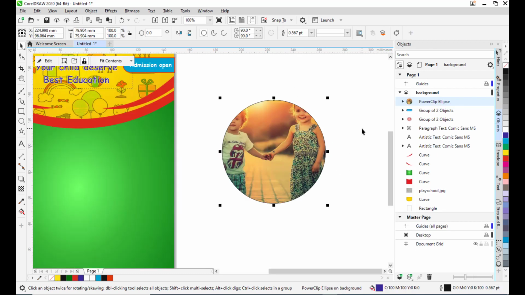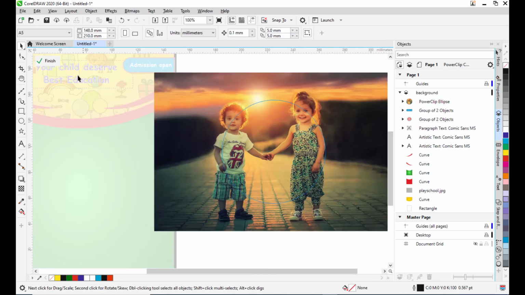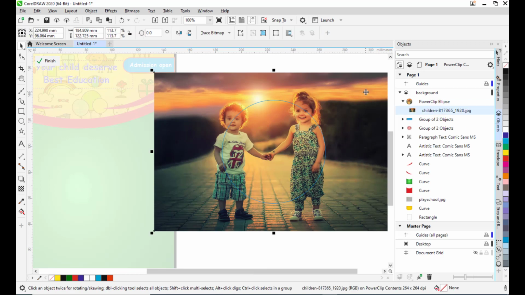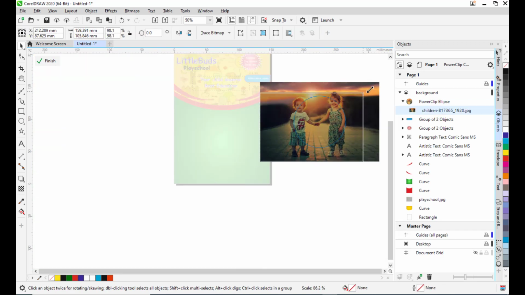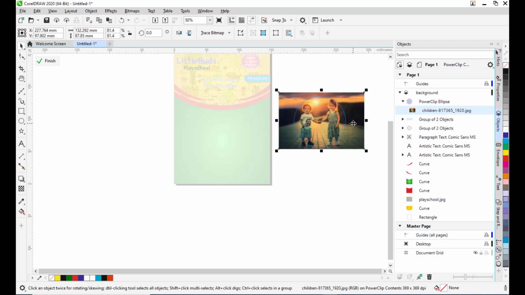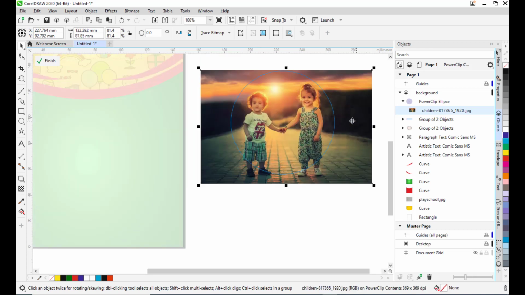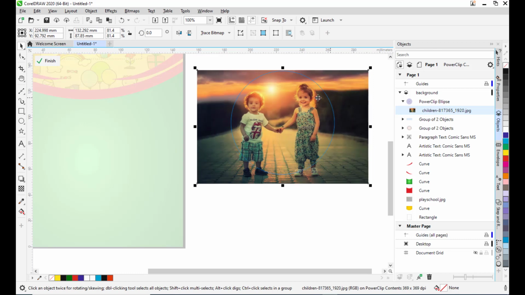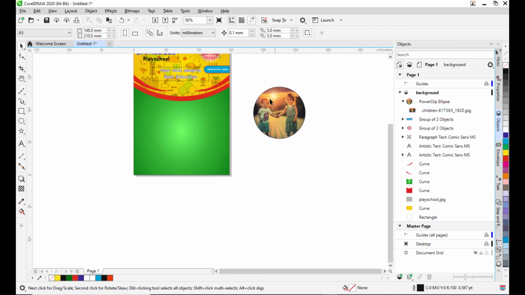The image sits inside this ellipse, and now we are going to adjust the image. To adjust the image, here we have an option, edit. So simply select the edit option, and then we will scale the image a little bit, right, so that the two kids are visible. That's it. And now just click finish, right,